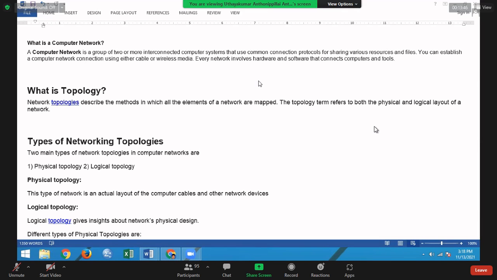A computer network is a group of two or more interconnected computer systems that use common connection protocols for sharing various resources and files. You can establish a computer network connection using either cable or wireless media. Every network involves hardware and software that connect computers and tools, right?